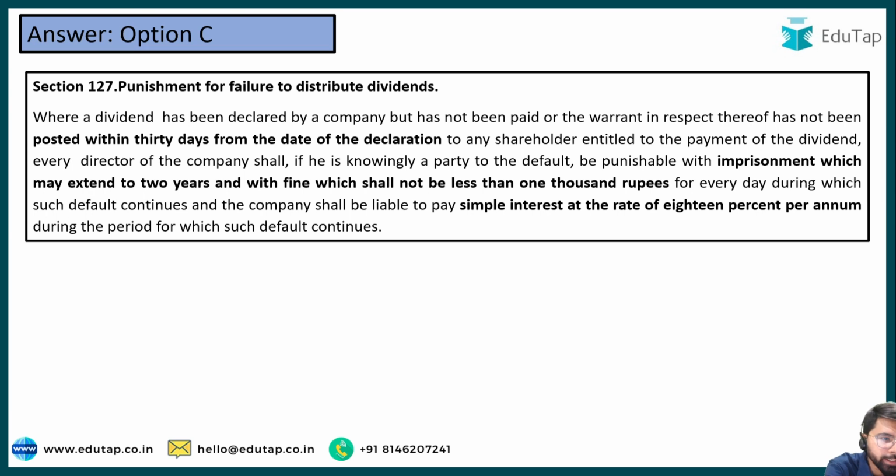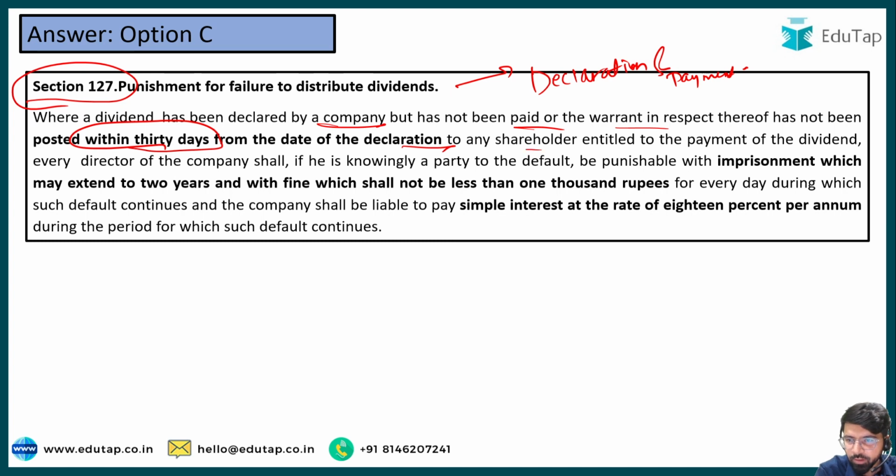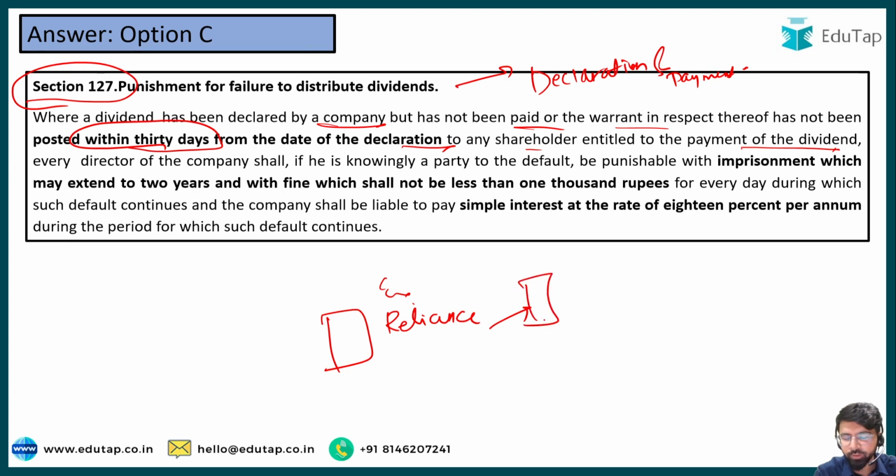So now what exactly is this provision saying? This provision comes from the declaration and payment of dividend chapter. The important thing is, whenever a dividend has been declared by the company but has not been paid, or a warrant in respect thereof has not been posted within 30 days from the date of declaration to any shareholder entitled to the payment of dividend. Suppose this is Reliance company, I am just giving you an example. It has already declared the dividend. Then the dividend is supposed to go to a particular shareholder, say